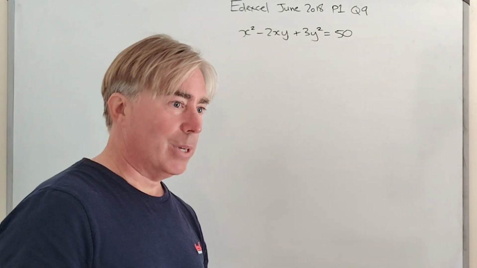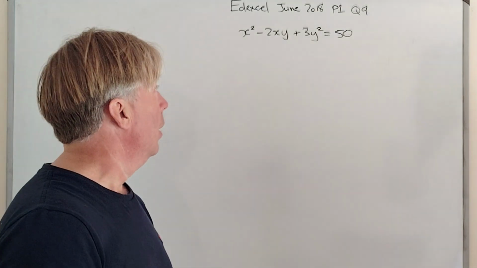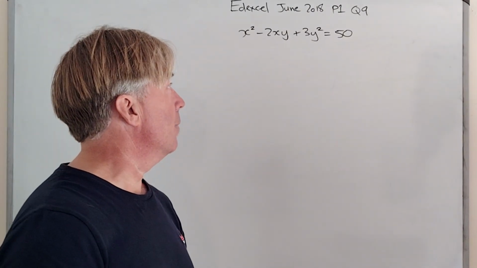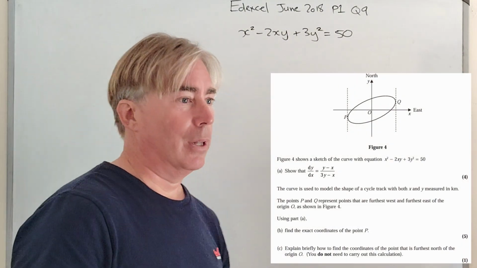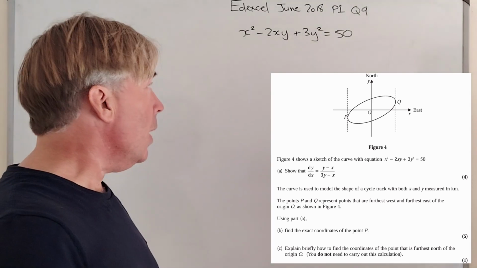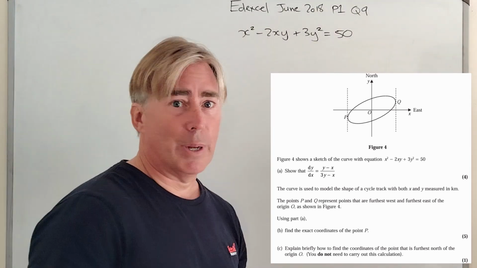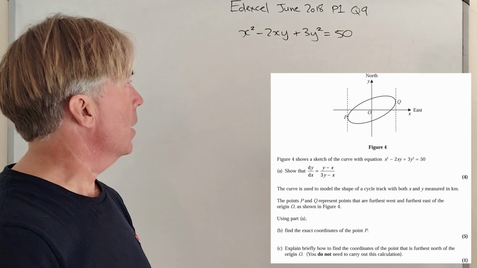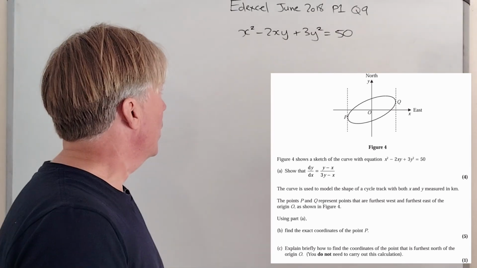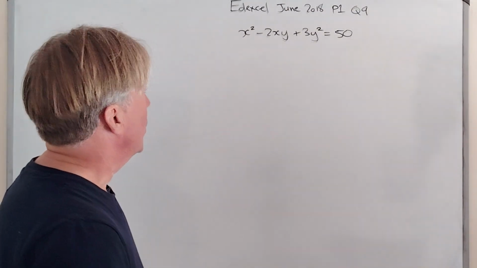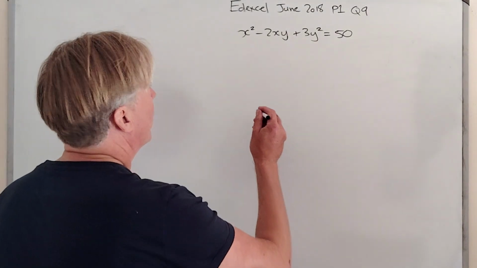So for that reason, I dug out a similar question worth 10 marks rather than the 13 for AQA, so obviously a slight disparity there. But aside from that, there didn't seem to be a huge amount of difference, apart from context. But I'm going to jump straight in on the first part, which is simply to differentiate the implicit function term